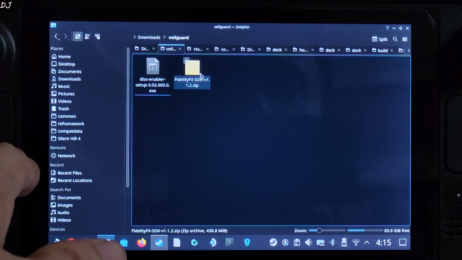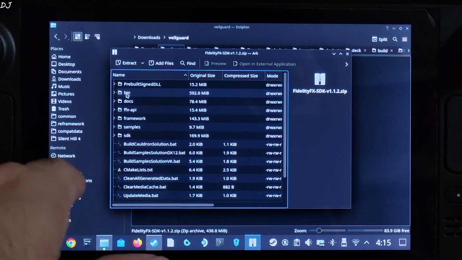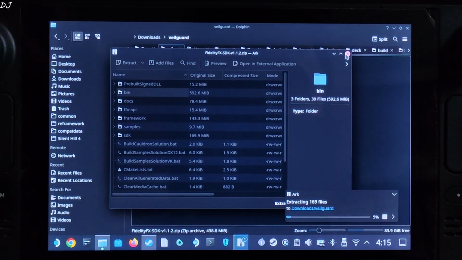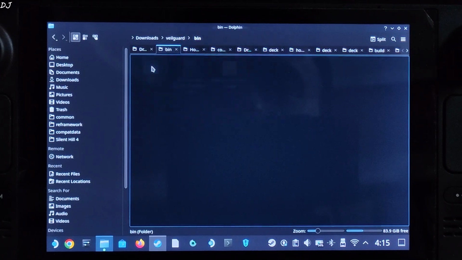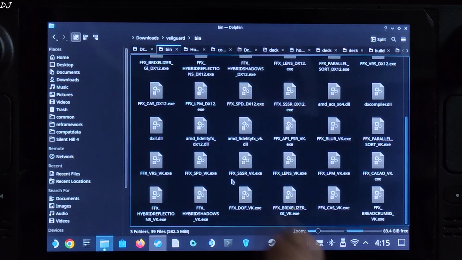Now I'll be updating the FSR version. Close the file. Just open the FidelityFX SDK zip file. Extract this bin folder. Drag and drop it outside of this archive window like this. Process complete. Close the window. There's the folder. Open it. Just need to copy one file from here. This one,